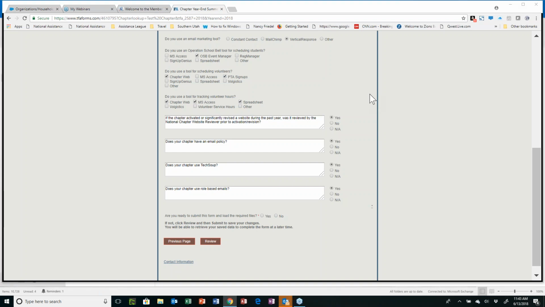Okay. All right, so now we come to the only required field on the entire form, not because it's the only important one, but it's so that you can submit this report with as little information as you have at the time. So it's asking, are you ready to submit this form and load the required files? If I say no and click review,